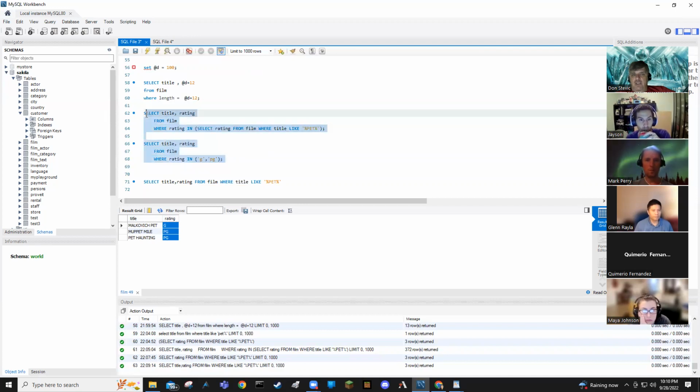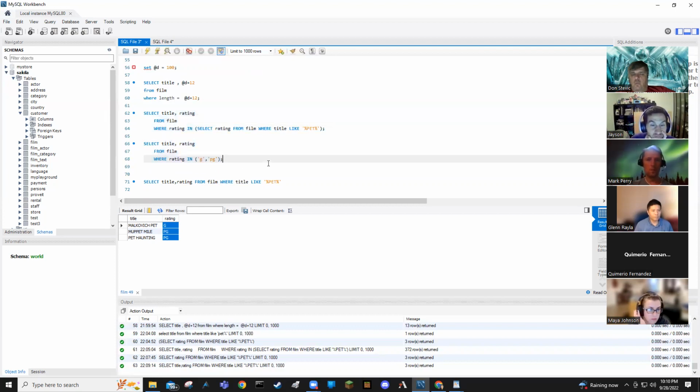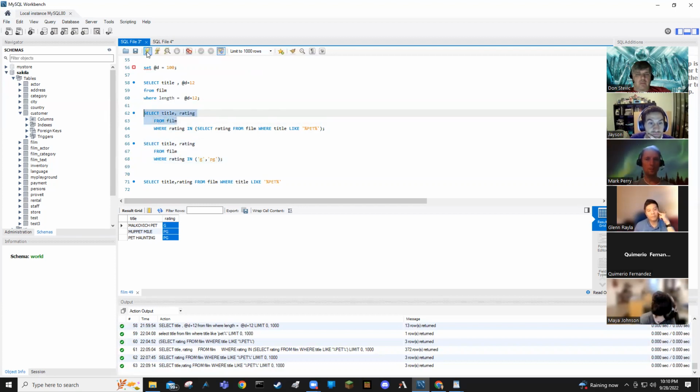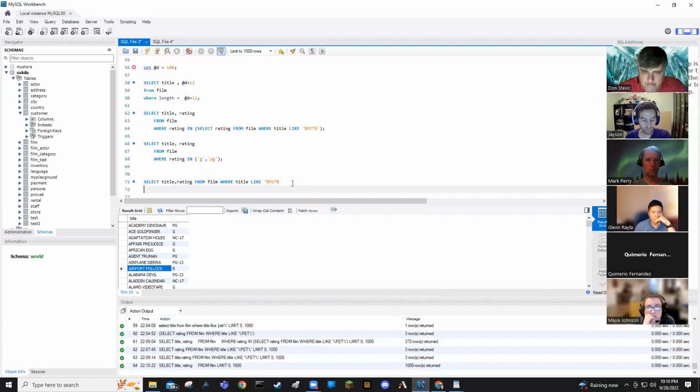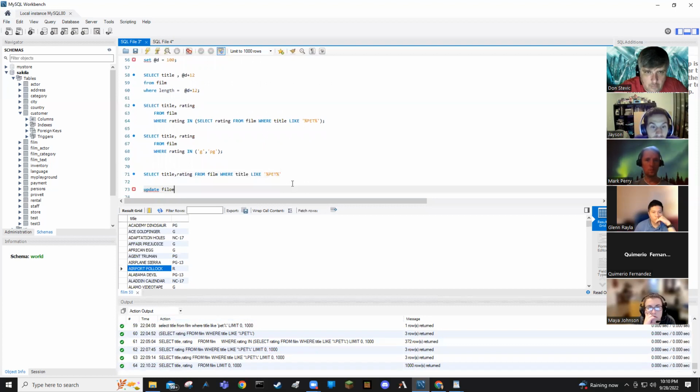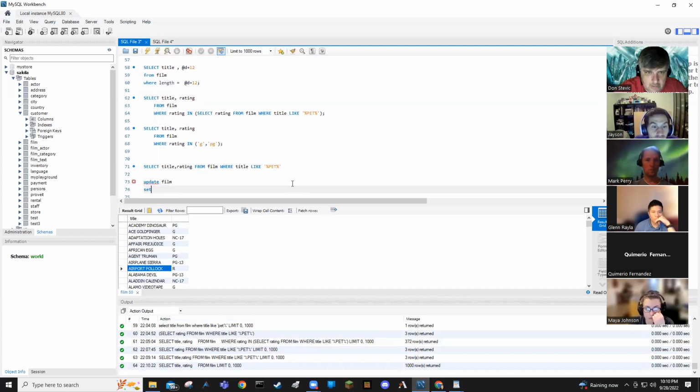So like I said, that's why I say these two are the same query. Just this I've hard coded. So the difference between this query and this query here is if I run this one, it'll always be G and PG, right? But let me do this here. Update film set to